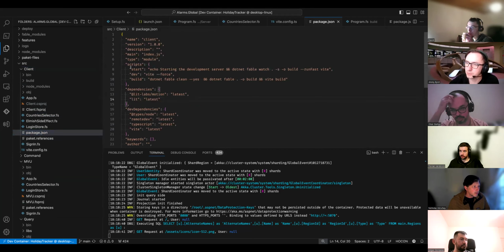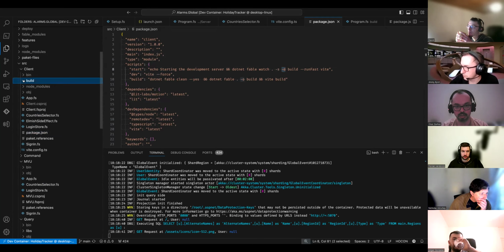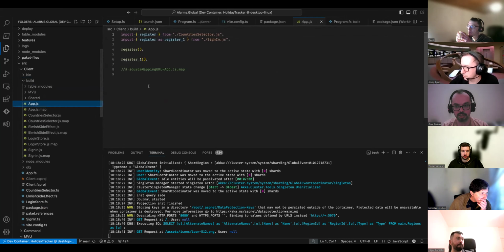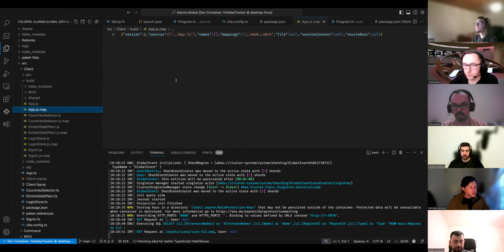I have an npm script and command called start, and when this is executed by my FAKE script, it starts Fable in watch mode, and then it listens to compiles and listens to the current folder. You can see this -s switch. It instructs it to generate source maps, and this is the output folder. If you look at this build folder, you can see the compiled JavaScripts here, as well as the pointers to the source maps. So in that sense, it is all you have to do.